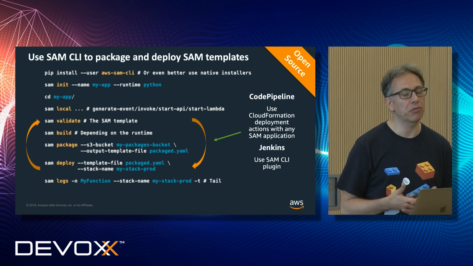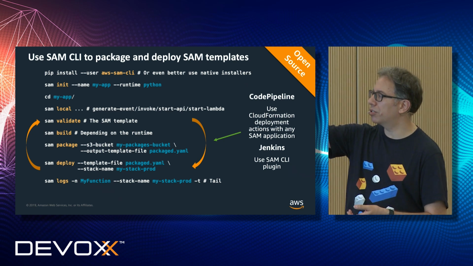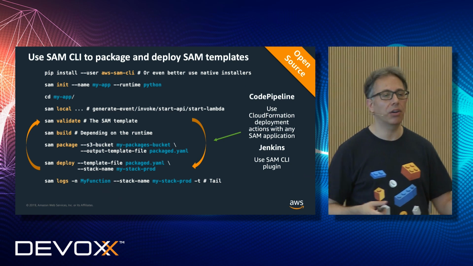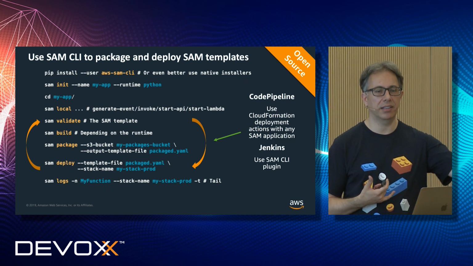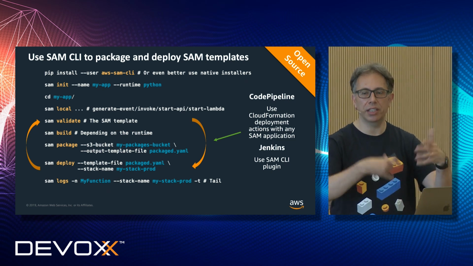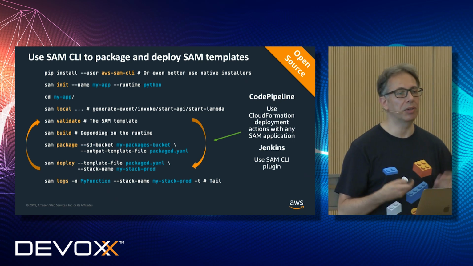So if you're debugging quickly, for example. And you can also use -dt to tail the logs from the cloud locally. So it's a very good way to test the remote execution locally and tail the logs and see what happens when the function is invoked.